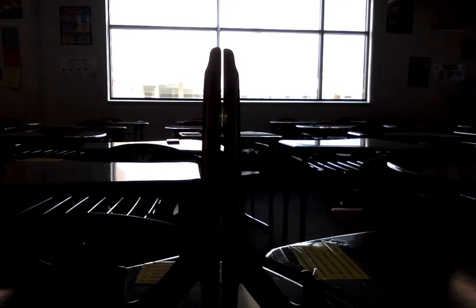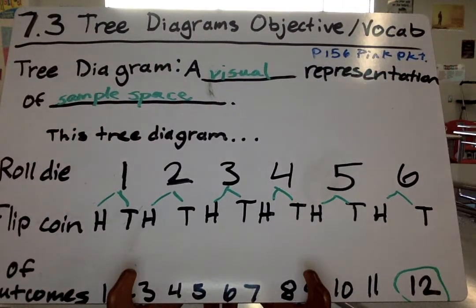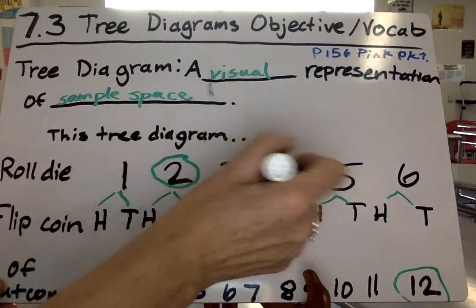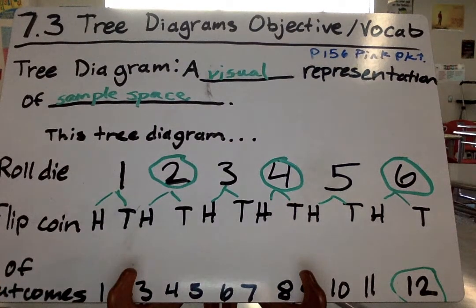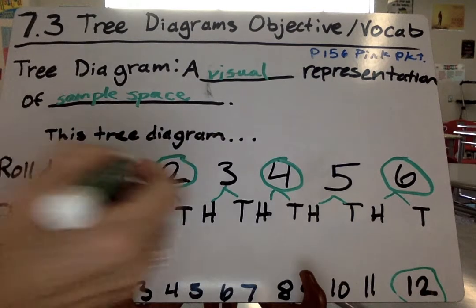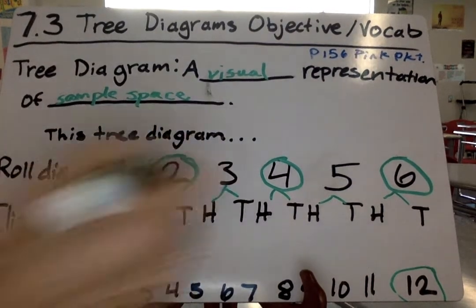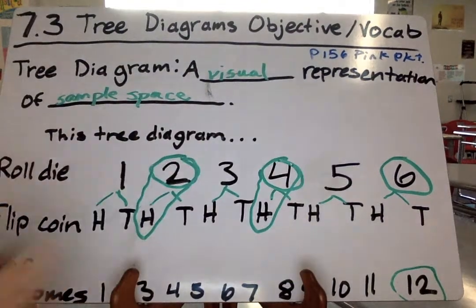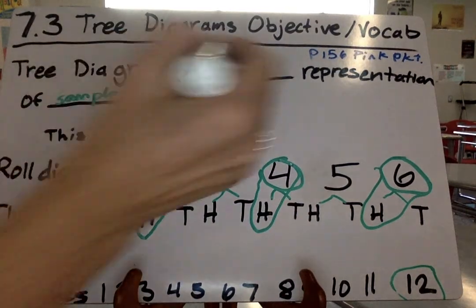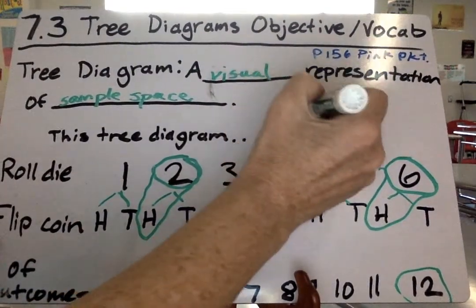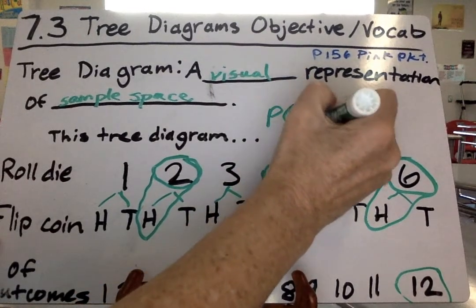What is the probability of rolling an even number on the die and then flipping a coin and getting heads? Even numbers would be 2, 4, and 6. And then flipping a coin and getting heads. So that would be once, like that. Twice, like that. Three times. So you get the probability of even and then heads